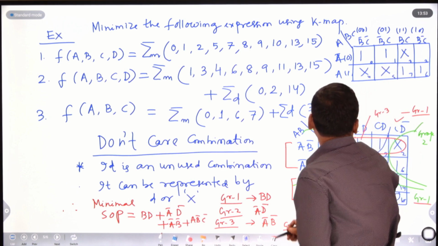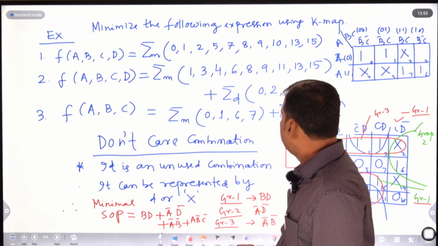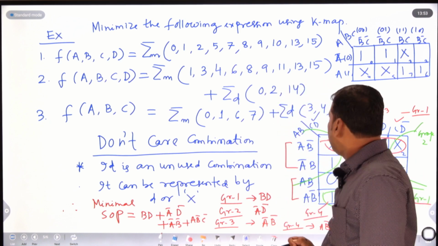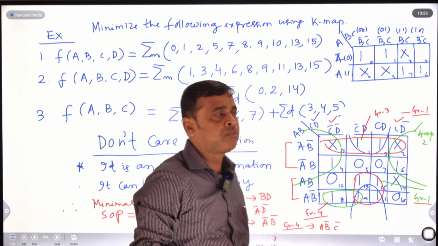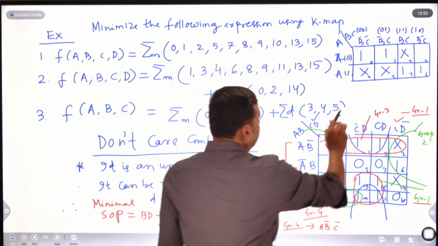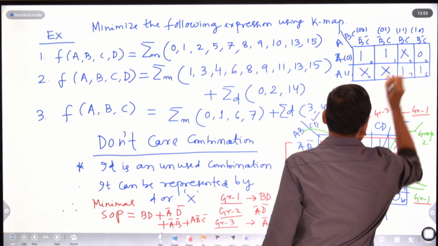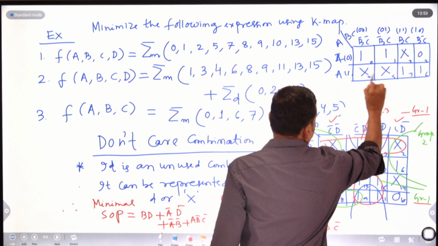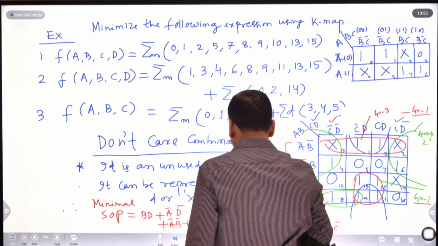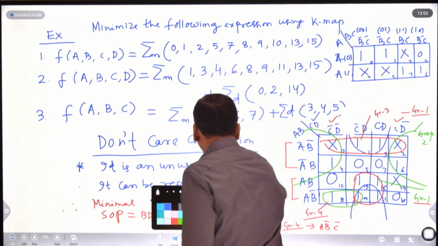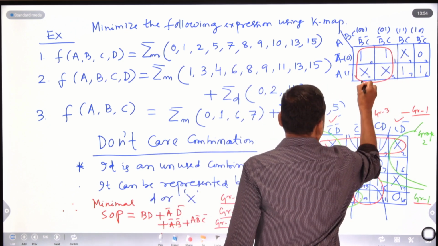Like this. Okay. So already I told you, don't care helps to form a large group. We cannot form a group exclusively with don't cares. Here this 2 1, and the remaining you can put 0. These 2 don't cares help to form a quad with these 2 min terms. So I can form a quad group with this one. This is your group 1.